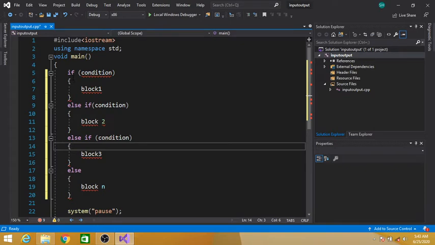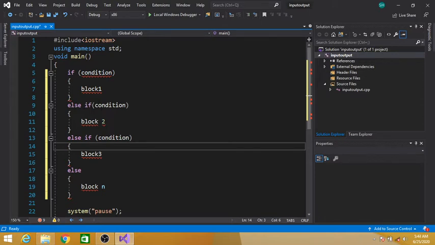How it will work: if this condition is true, then the block of statements under the if will be executed. The block of statements in the if body will be executed if this condition is true. If this condition is false, then control will come here and check this condition.